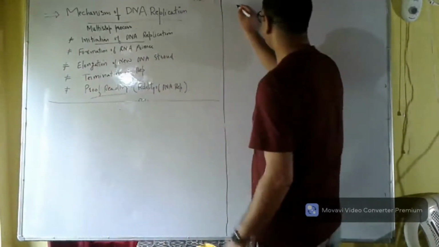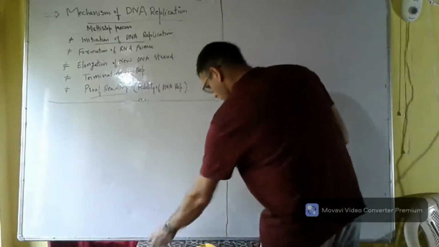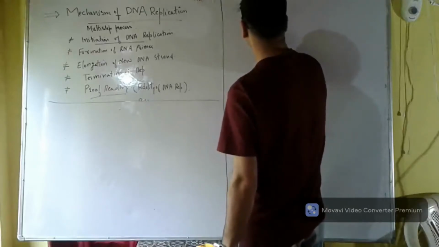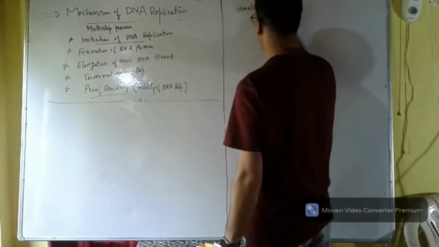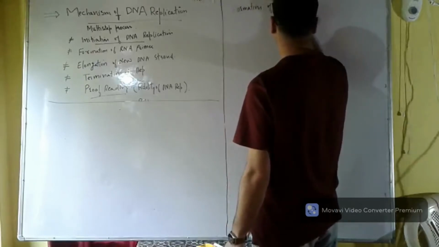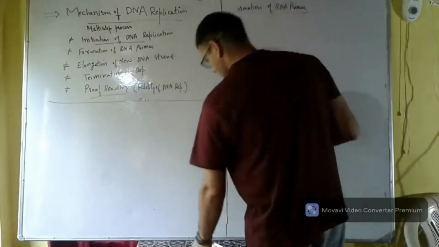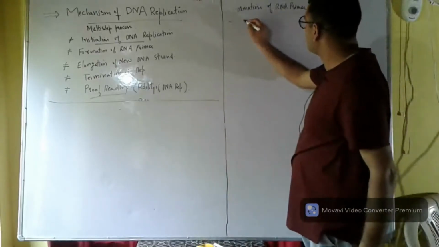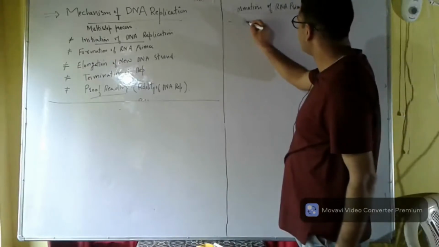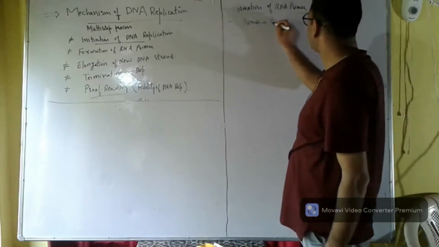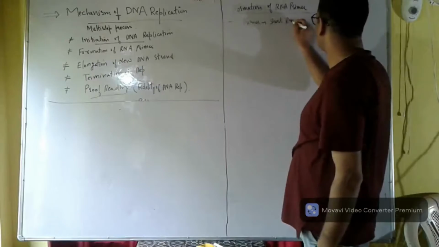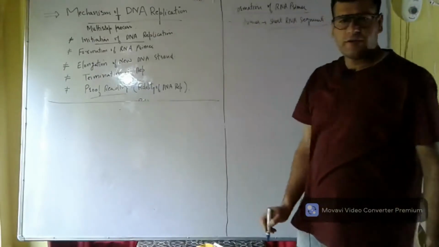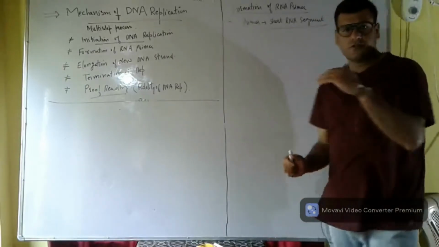Formation of RNA primer. Why is this RNA primer a short stretch of RNA? This RNA primer is a short RNA segment. Actually, this RNA primer is formed